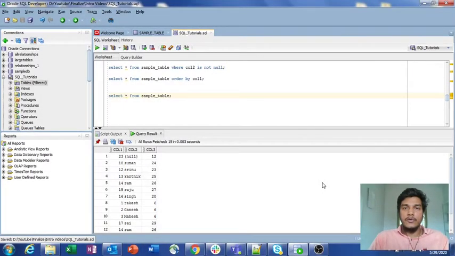In this video, I am going to explain how to use aggregating functions in SQL. That is nothing but how to average a particular column's values, how to retrieve the maximum value for a particular column, how to get the minimum value of a particular column, and how to sum all the records of a particular column. All these are aggregating functions. How to apply these aggregating functions on a particular column, I am going to explain in this video. Now, without wasting any time, let's dive into the topic.